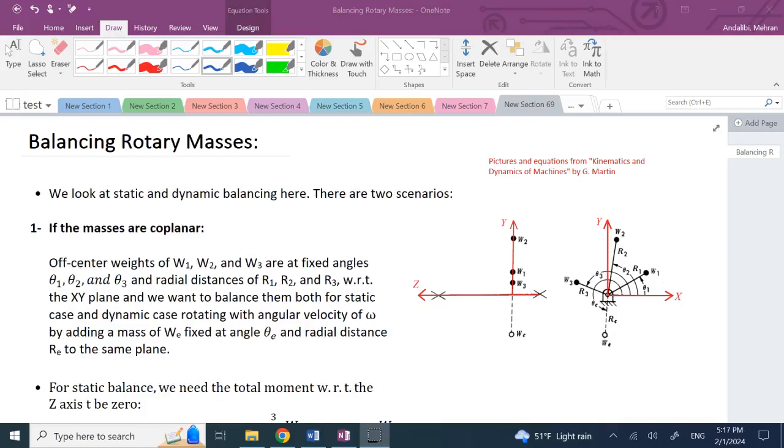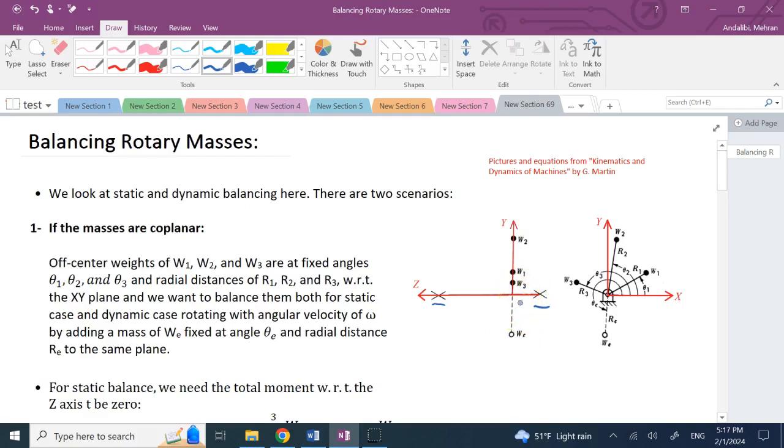Hello everyone. In this video we are going to look at static and dynamic balancing of rotary masses. Here first we look at a scenario where all of these masses are on the same plane. Okay, so you have one shaft, and this shaft is mounted on two bearings here and here, there is only one gear, one basically disc, one object rotating at one single place, and balancing this is quite